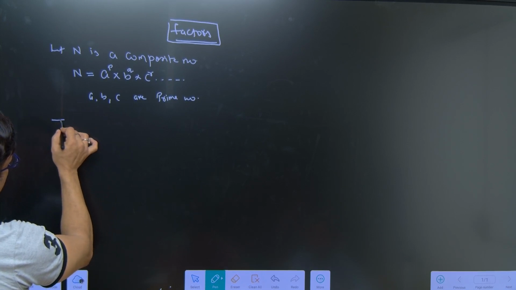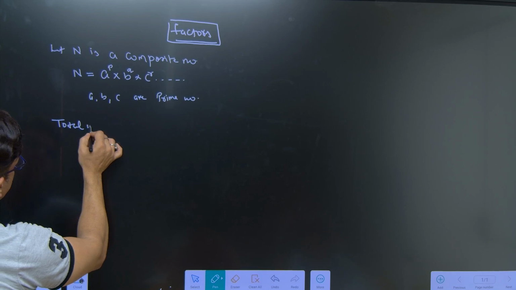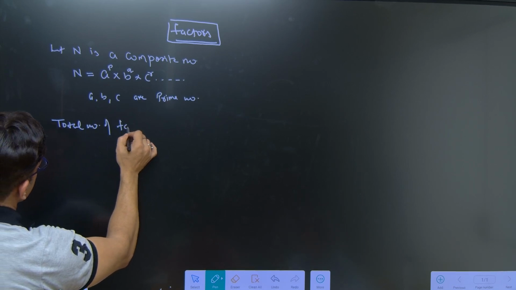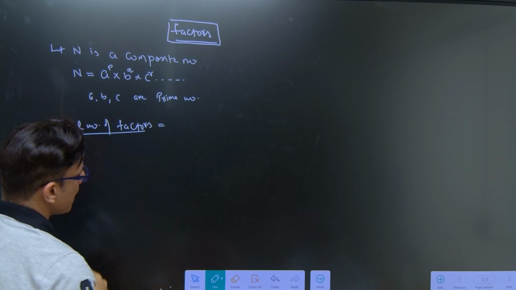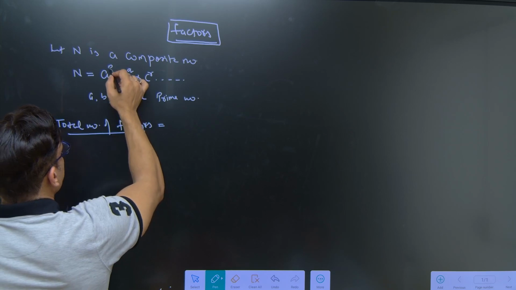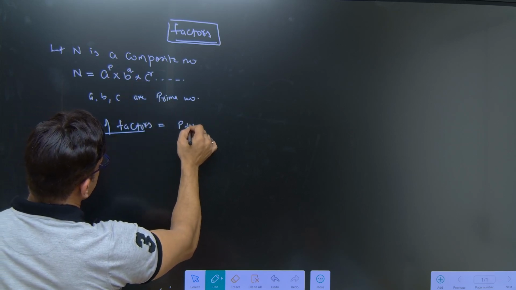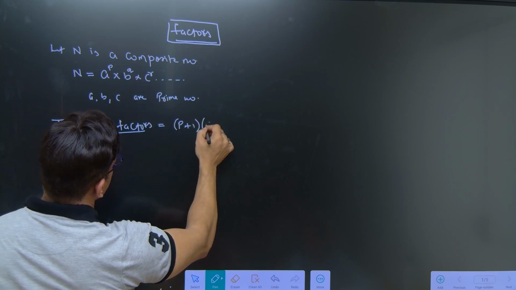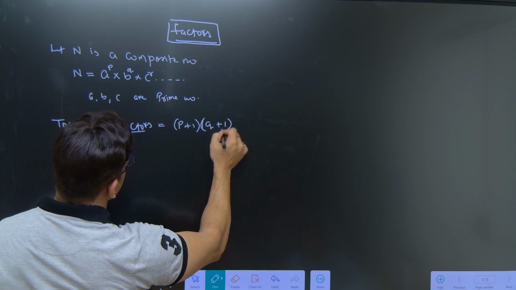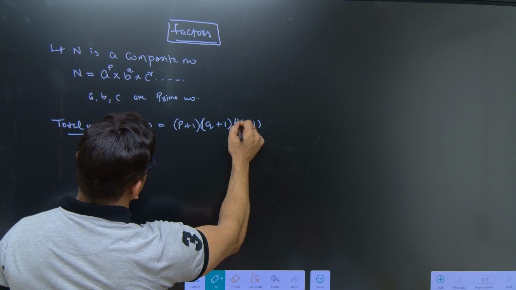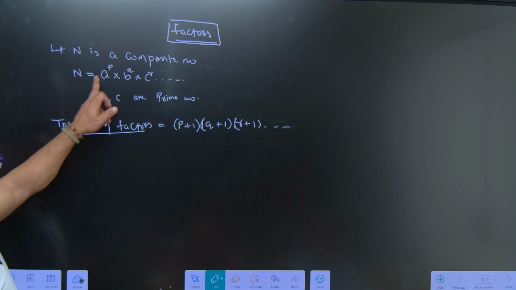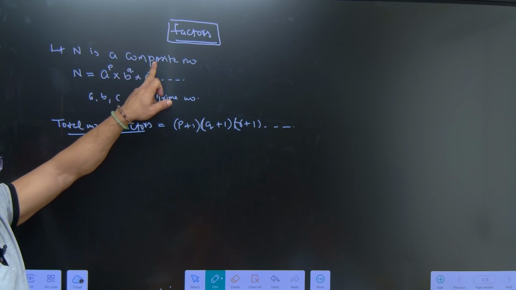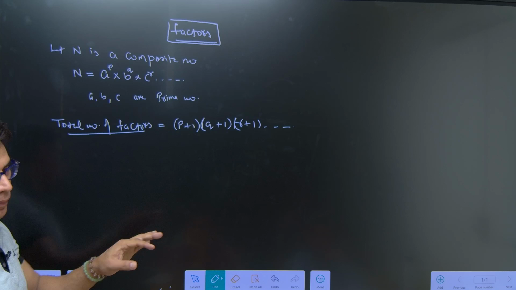Then to find the total number of factors, we simply take the power p plus 1, q plus 1, r plus 1 and so on. So simply take each power and add 1. Example: